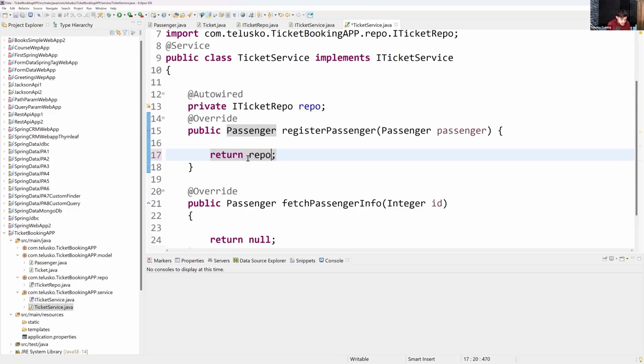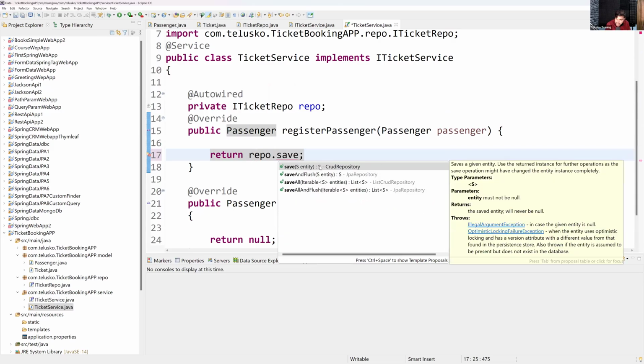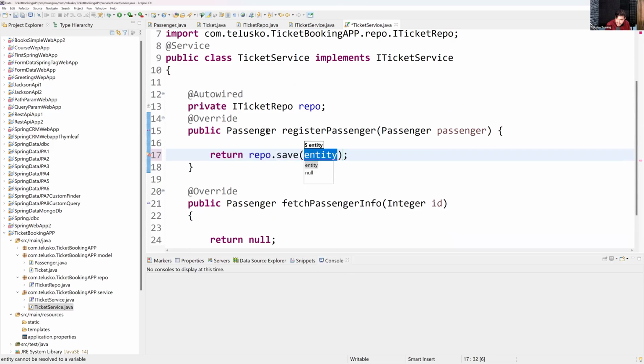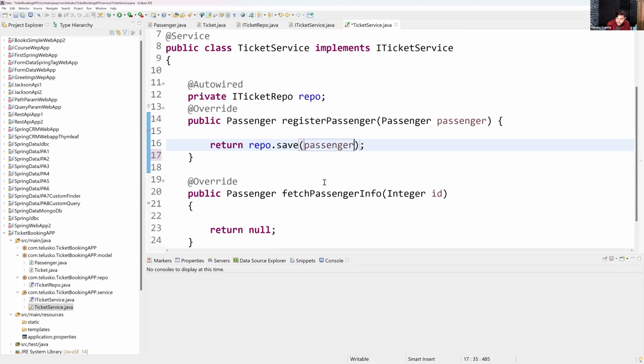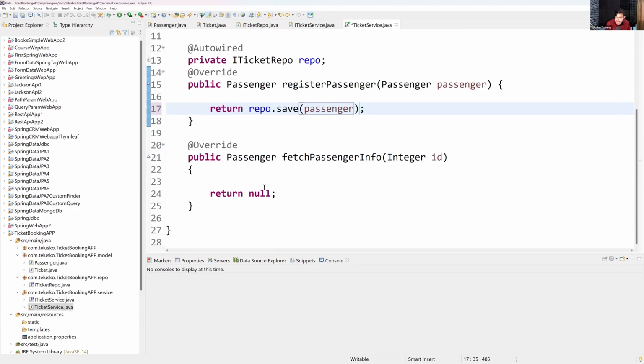It is repository dot save. Save will give you the repository that only I'm returning. The same whatever you're storing, that only it will give. So the same I would like to return, passenger. Apart from that,